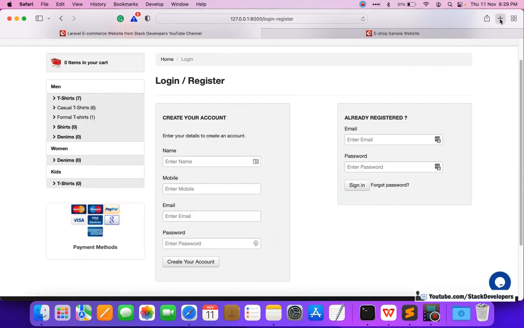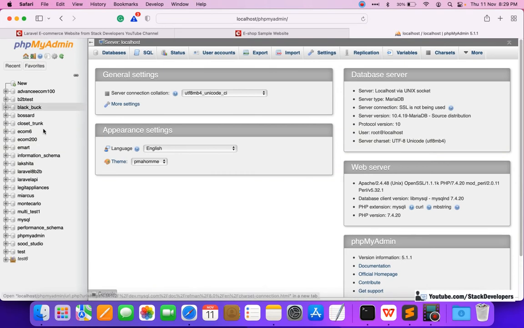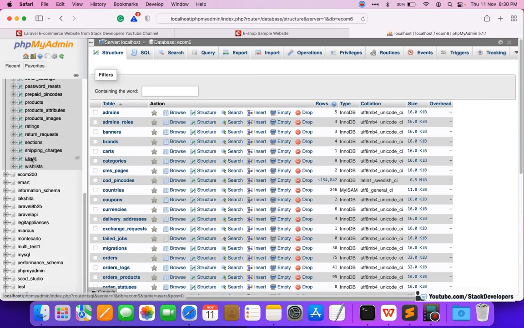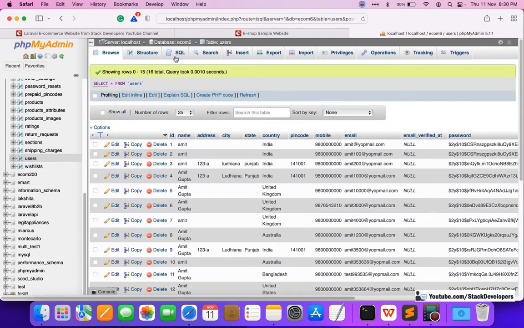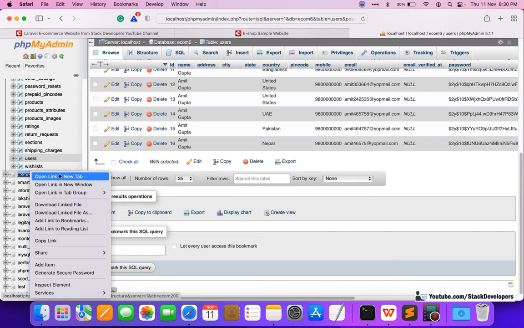We will also open their databases so that we can easily see how this becomes possible and what the results are. This is the advanced e-commerce website database, where I am going to open the users table, and I am also opening the basic e-commerce website database, the separate ecom 200.